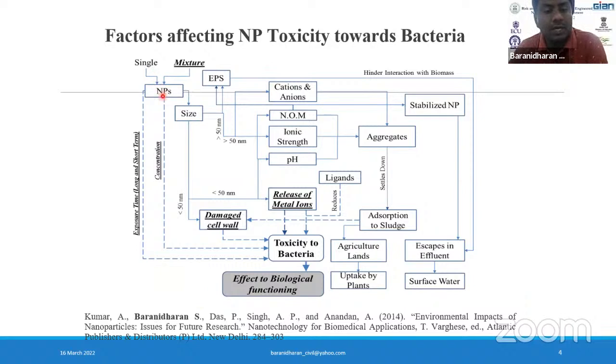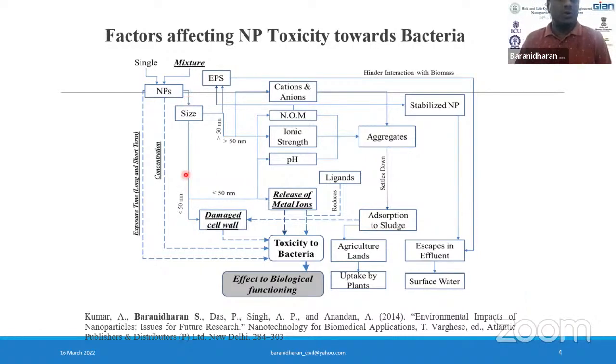So these nanoparticles of different size, shape, amorphous structure and crystalline nature would be there, and based upon their size, as in the last 2 days we have seen, the colloidal properties, or otherwise the physical-chemical properties of these nanoparticles, influence the release of metal ions from the nanoparticles, and then how this size enters into the microbes and ruptures the cell wall, and then damages the cell wall, so that at last the microbe itself, or the bacteria itself, gets dead.